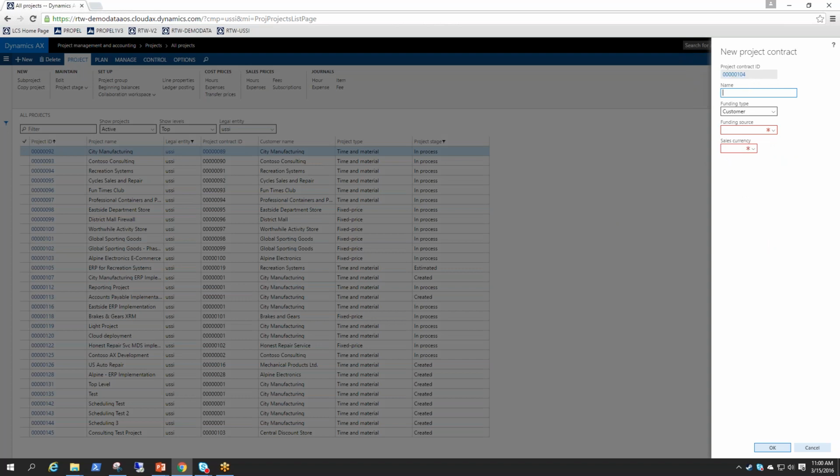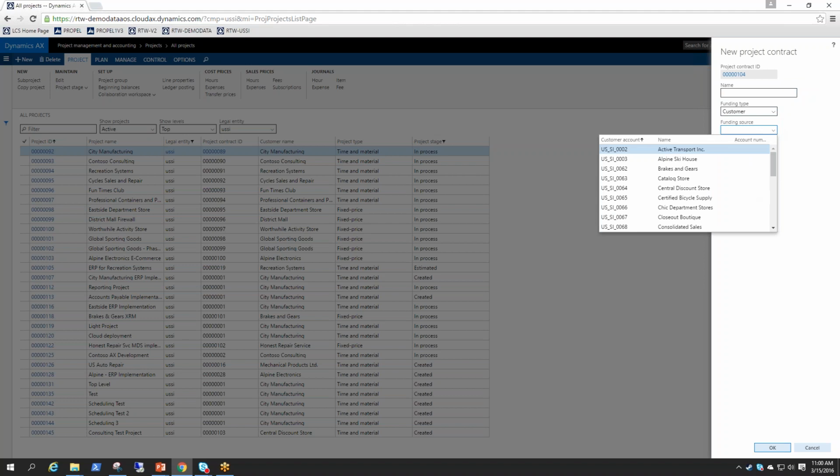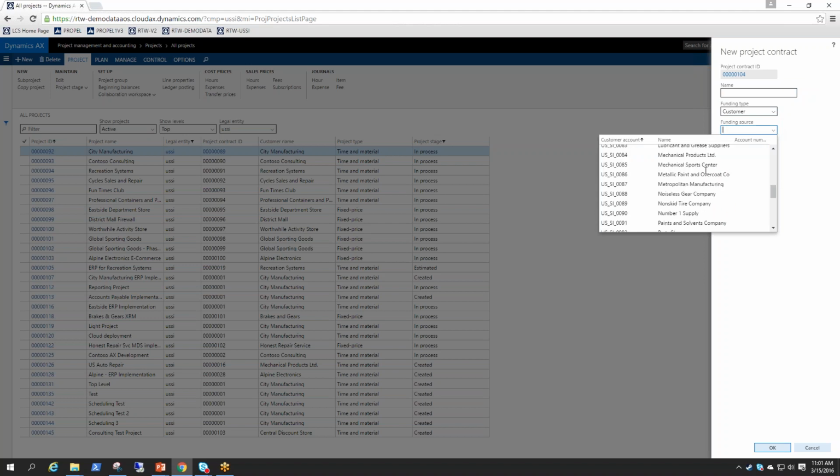But you can see, I guess the first field we can look at is the contract ID field. That's auto-populating from a number sequence. Name, I'm going to leave it alone. Funding type we'll talk about in detail later on, but there's a lot of different ones. For this instance, we'll pick customer, and then the funding source will be of customer type. So here's all the different customers that we can pick, and I'll just pick